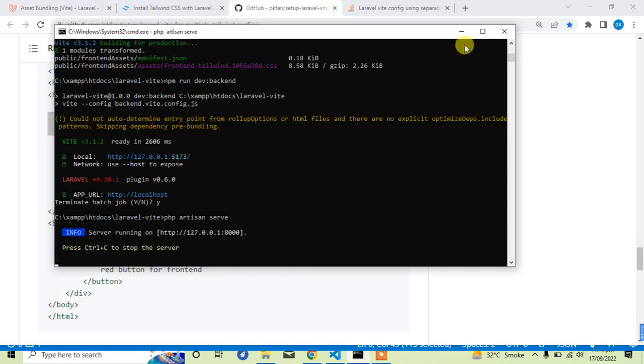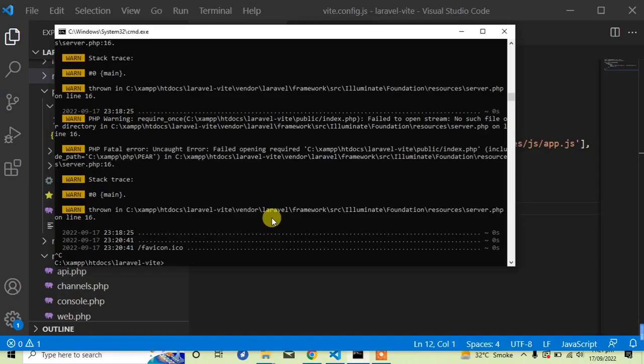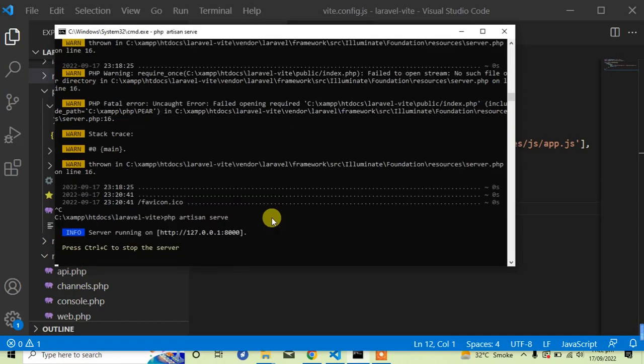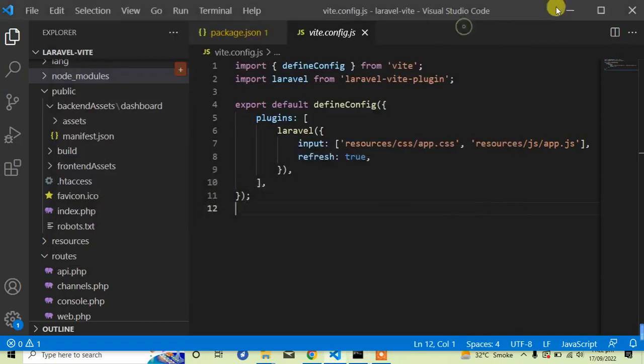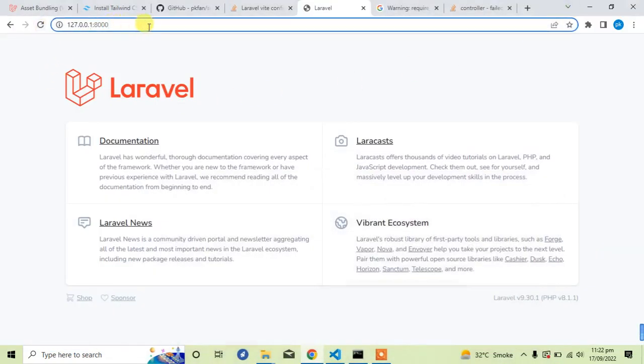Run the Laravel project. PHP artisan serve, and okay, just go for